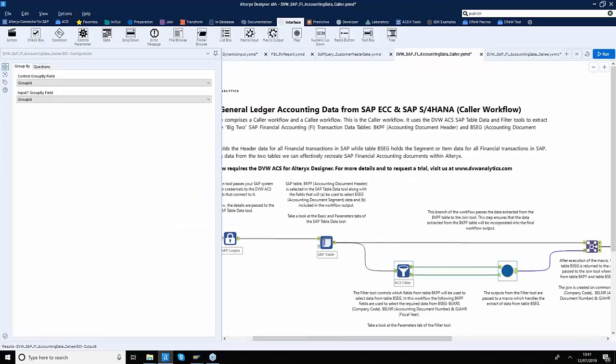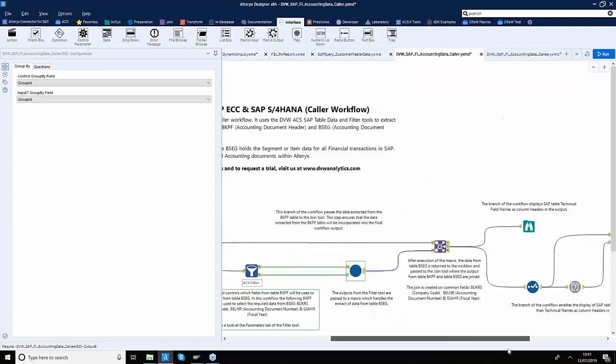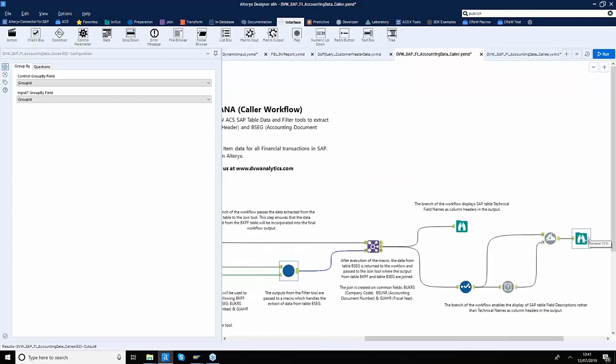So we'll pass 4,000 documents at a time from this tool, which is controlling how many data is going per batch into this tool. Output of that will be out here, and again you can join the data between the BKPF table, your header table, and your item table right here. So as you can see, Alteryx and our connector, ACS connector, are working seamlessly to get data, really large volumes of data, and these are some of the typical examples like BKPF and BSAG in an ECC system in terms of the volume, so you can get all your data out nicely, and that's your final output.